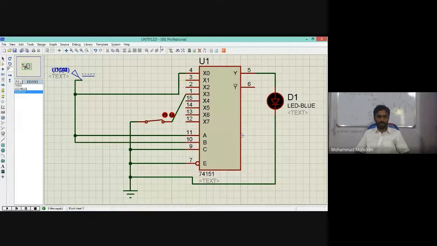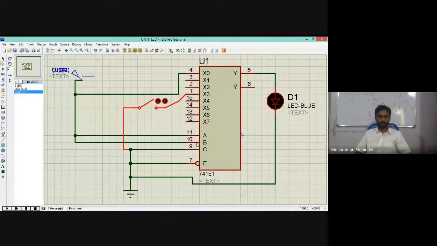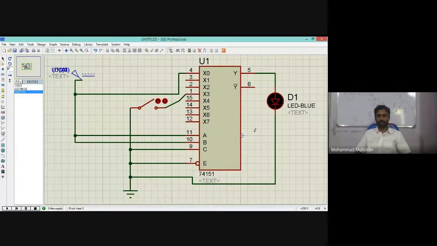So note down this IC number, IC pins, this circuit diagram.